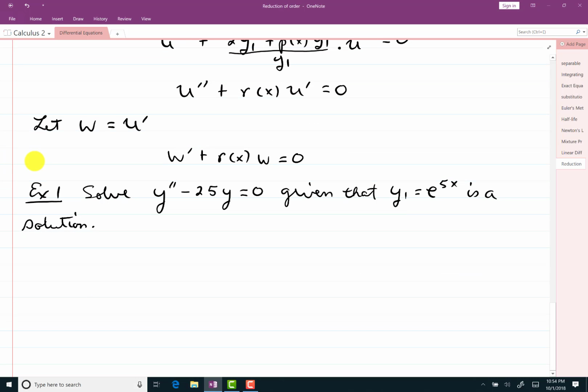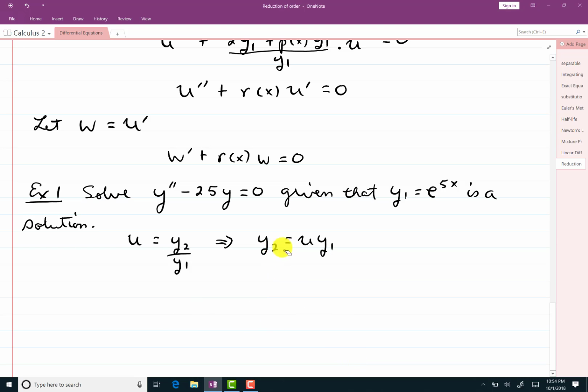So what I mentioned before then, you would want to let u equal y2 divided by y1, or y2 equals u y1. I'm going to not do, you're going to find that having a sub 2 throughout all